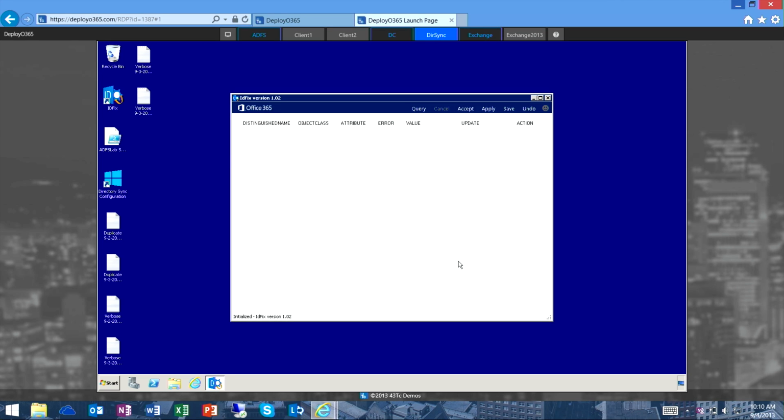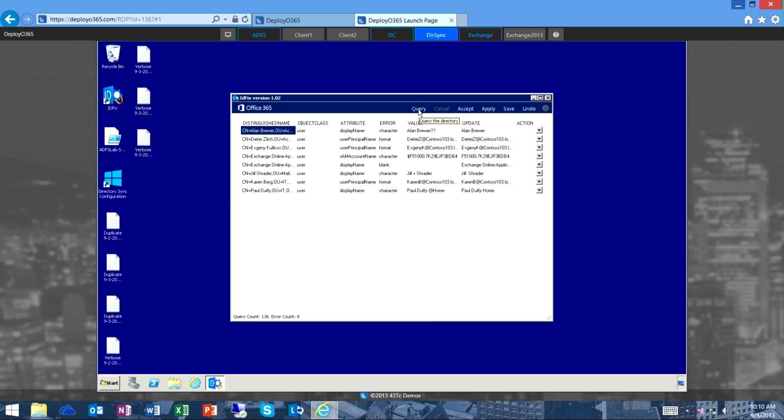And the first thing I'm going to run here is IDFix. Now, IDFix is going to search through my Active Directory and look for accounts that violate the requirements for Office 365. And what you can see here is I've got 8 records that have come back with issues. These are things like incorrect characters, names that are too long, names that are wrong, names that are blank, bad UPNs, etc. This is a much quicker way for me to go through and remediate the base things of my Active Directory service and still get through that deployment phase and start to get to that higher level of integration.